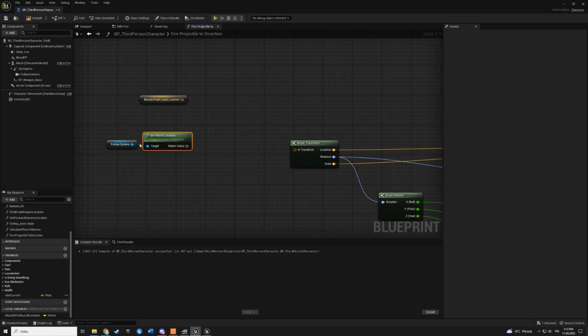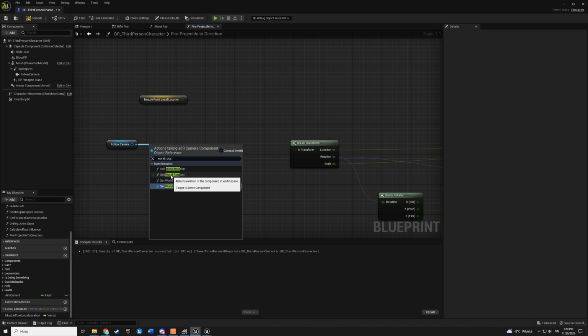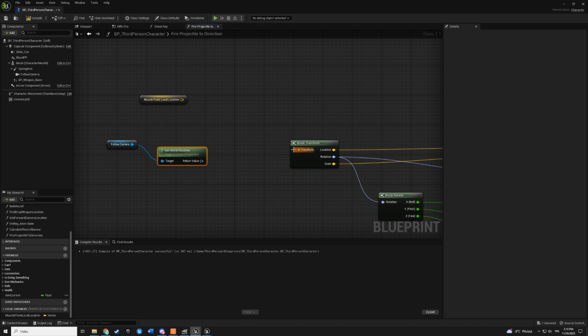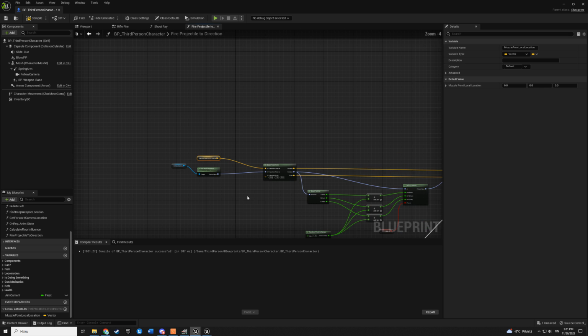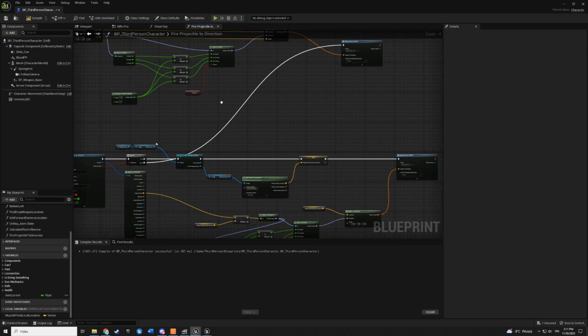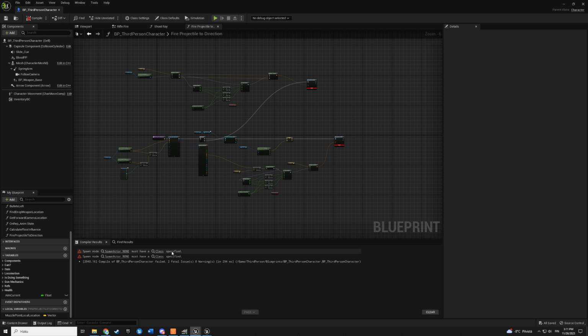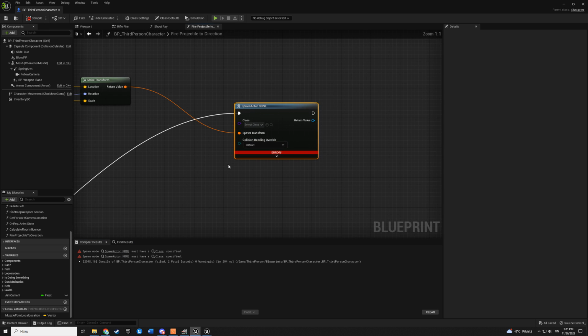And actually we need world rotation. Get world rotation. Yeah, this is correct. Then we split that and connect these. And now it should be okay. Then we can compile. Yeah, we need to create our bullet now.